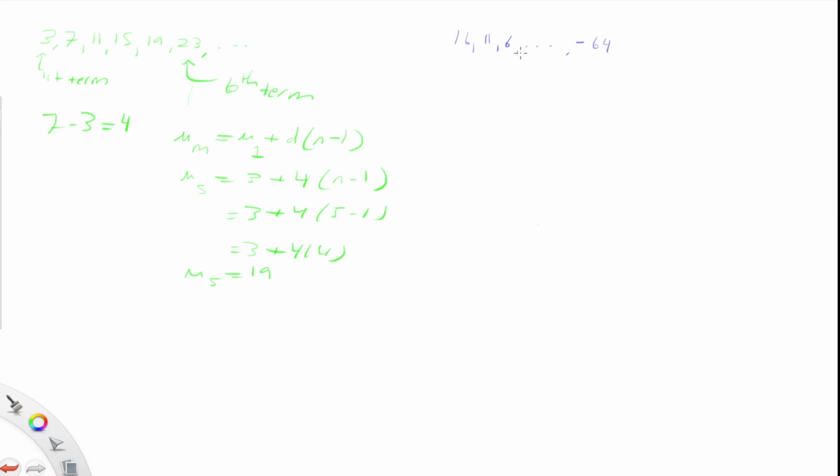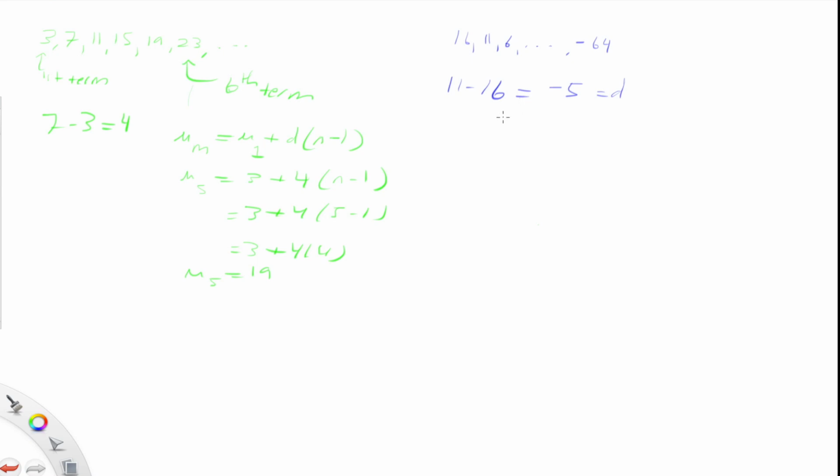What we're trying to find here is the number of terms in this finite sequence, right? So if you use the difference formula, which is really not a formula, what we will do is subtract the first term from the second term, like this, and we get negative 5, right? So the difference is equal to negative 5,